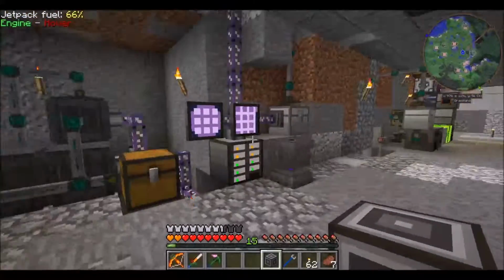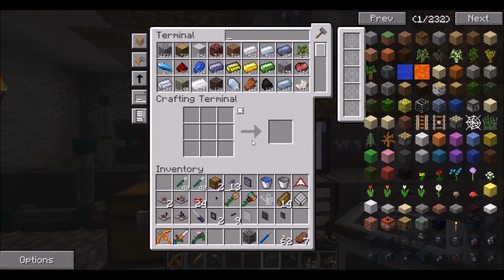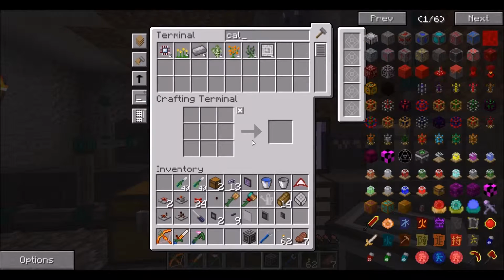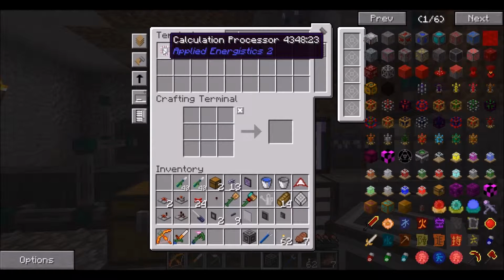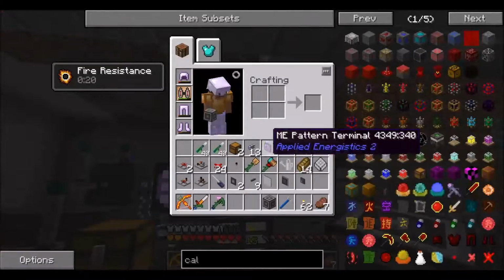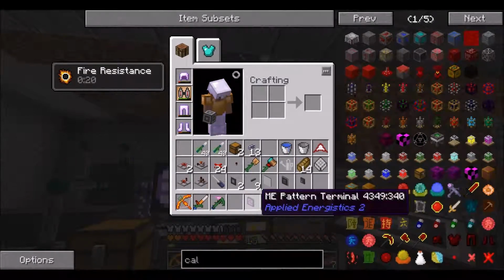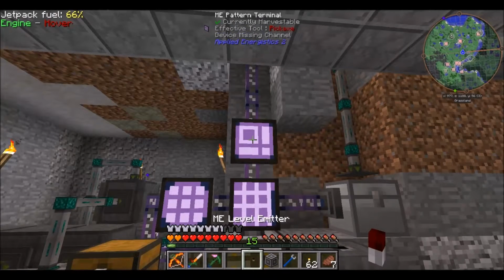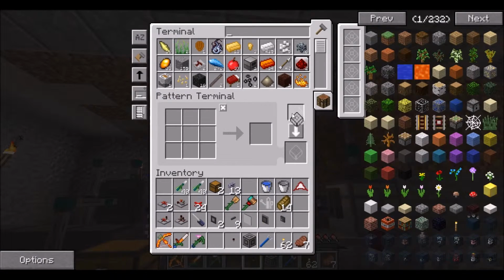We should have 8 calculation processors in our AE system right now. Sweet. Look at that. It worked like a charm. So all we need to do is configure our patterns so that they can work. So if we say,